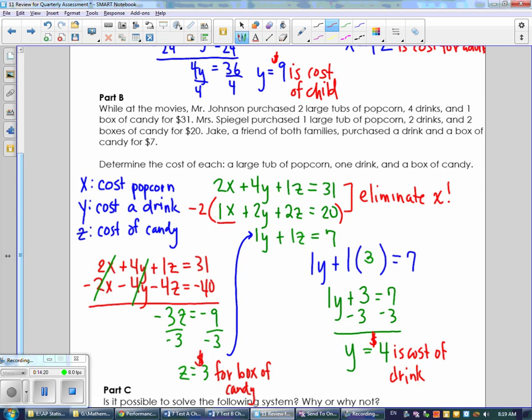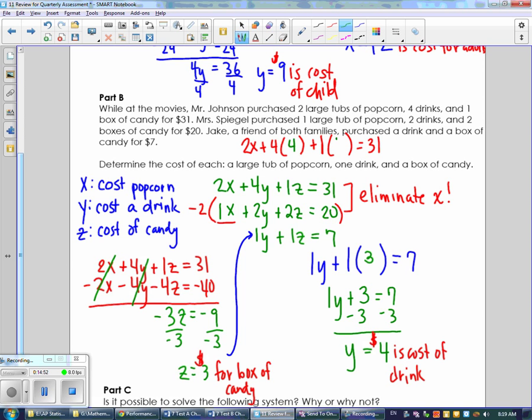And now I'm almost done. If I know the cost for candy and I know the cost for a drink, I'm going to plug the values for z and y back into either one of those first 2 equations to figure out the value of x. And I'm sort of running out of space here, so I'm going to actually do this up here. So I know that 2x plus 4y plus 1z, oops, let me put parentheses there, is equal to 31. Well, I know that y is 4